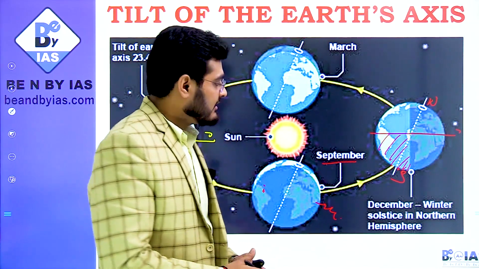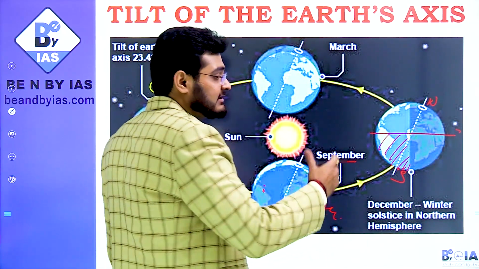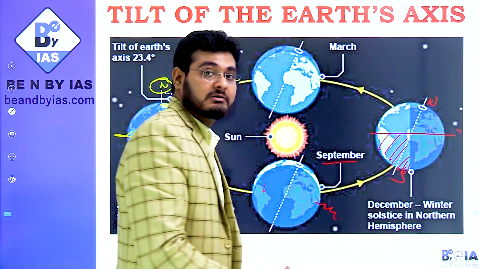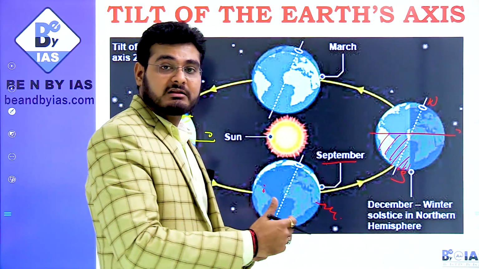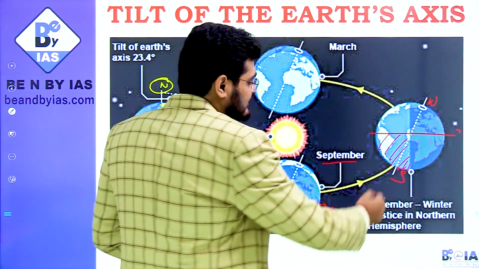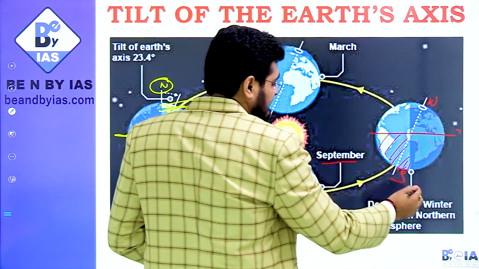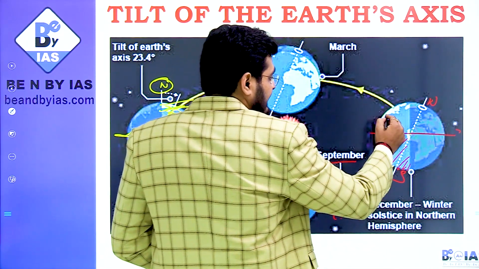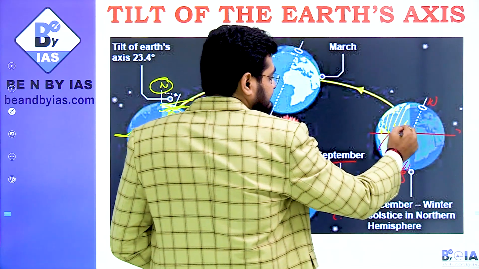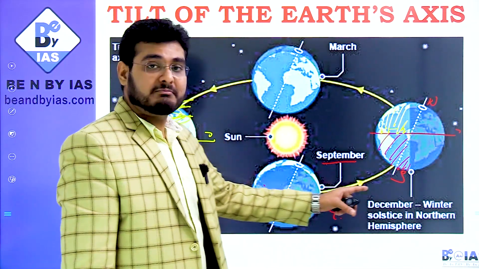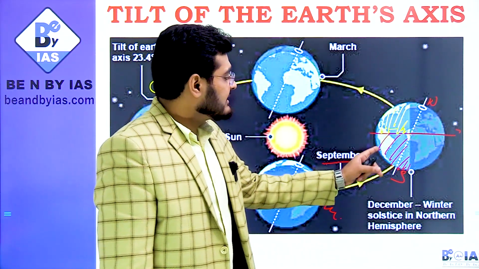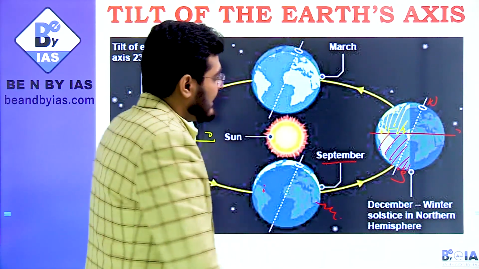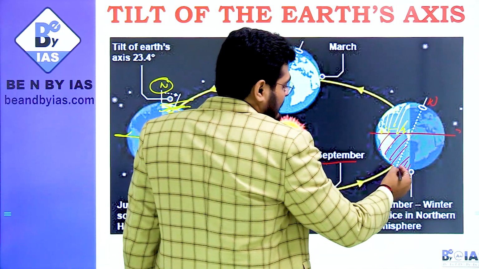This Christmas is coming, and we can see that if you look at the temperature of Australia and the countries which are lying in the southern hemisphere, they are hotter, and India and other countries which are lying in the northern hemisphere, they are colder. So this is the sunlight which is received by the southern hemisphere in December, that is winter solstice. This has a much larger amount of sunlight, and this area is very less. So in the December solstice, the maximum amount of sunlight is received by the southern hemisphere and the least sunlight by the northern hemisphere.